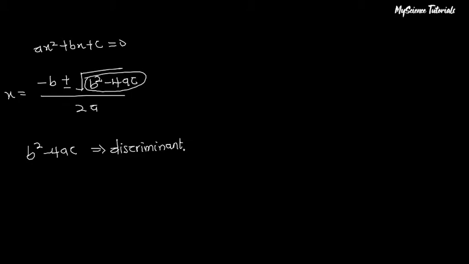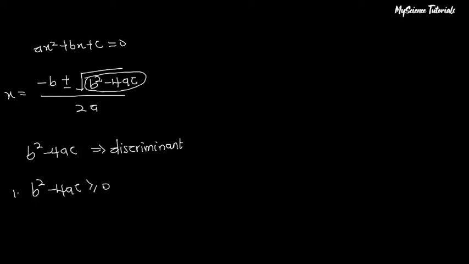And this discriminant is what determines the nature of the roots or the nature of the quadratic equation that we have. So for instance, case number 1, if we have b squared minus 4ac to be greater than or equal to 0,